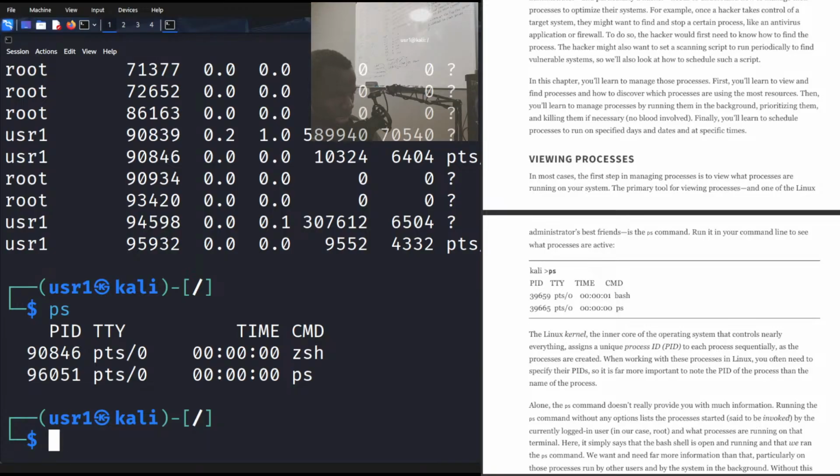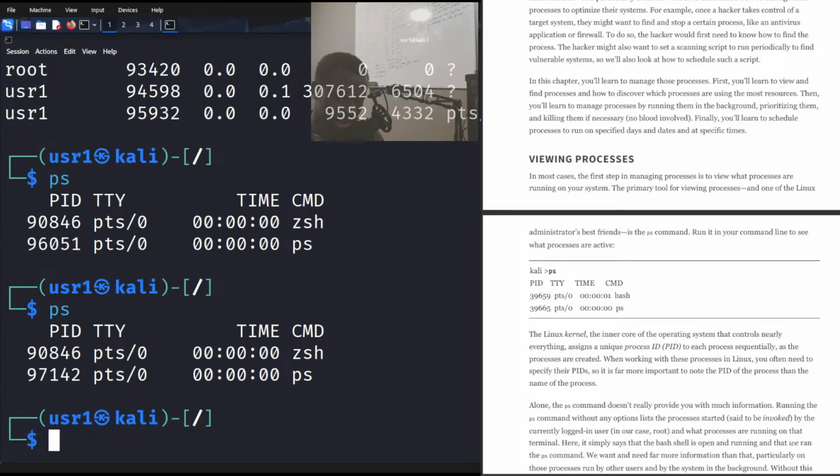And then it shows how long we've been running it. Hold on, let me see again. So that's whenever we're running the